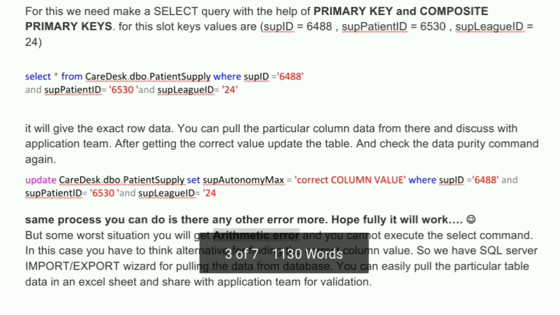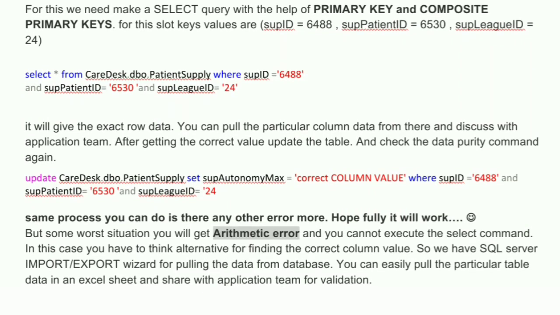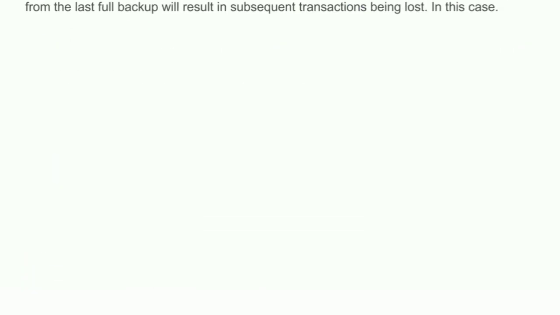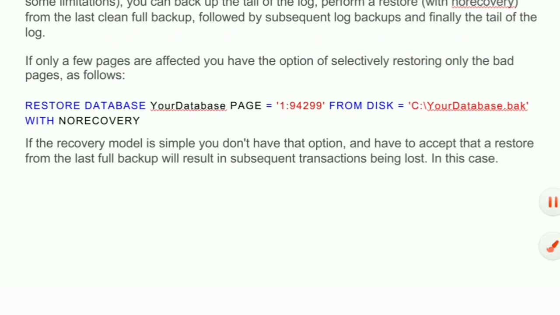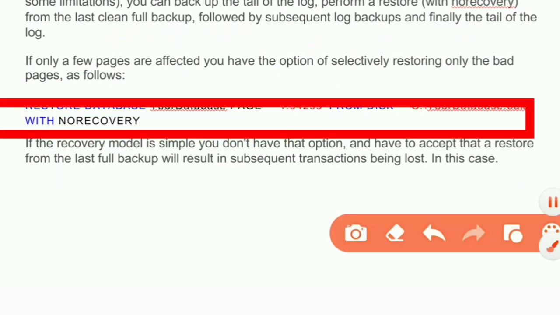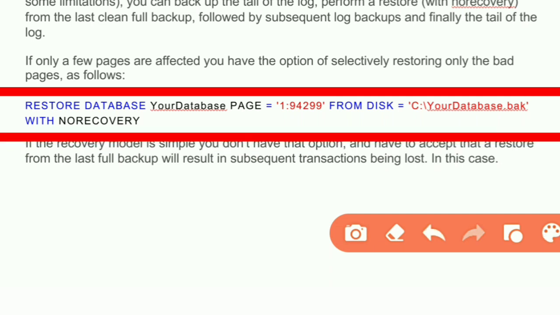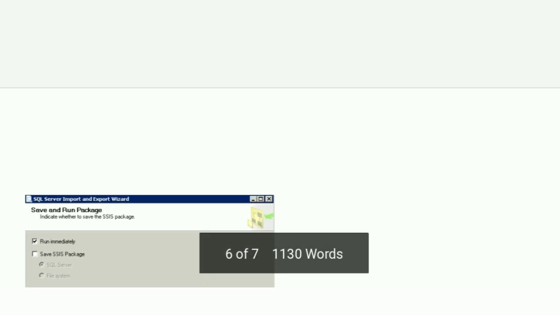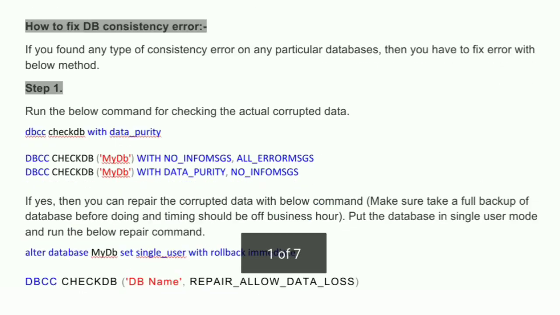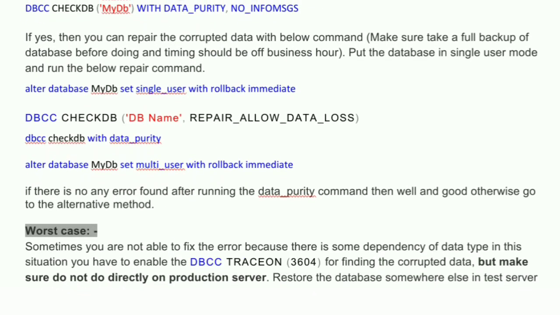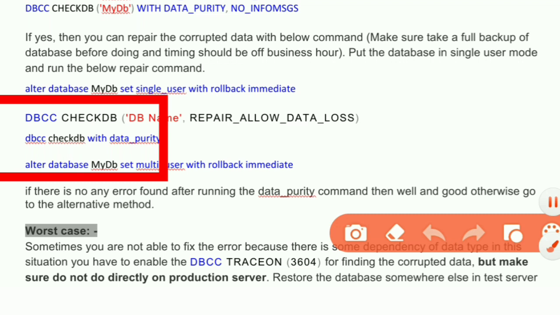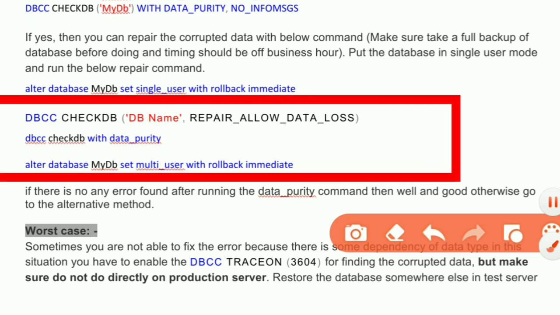If you are able to find that particular data value, then you need to restore the particular page from the backups. Instead of doing these things, if you find the error and are not able to fix it here, I would suggest you restore the database from healthy backups, based on permissions and so on.